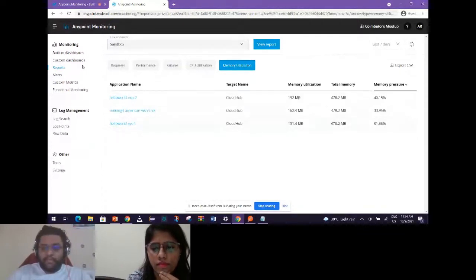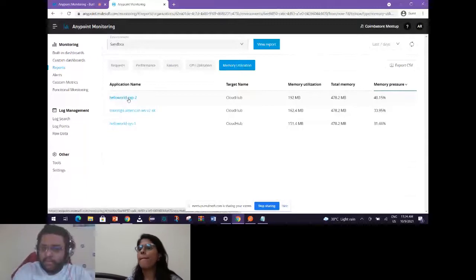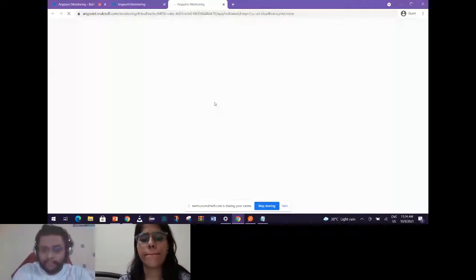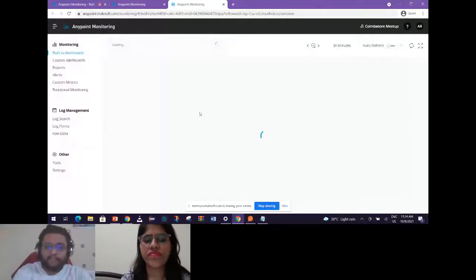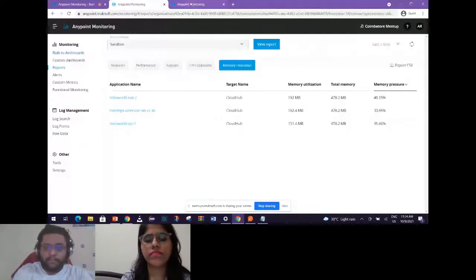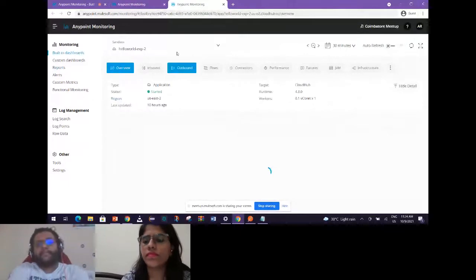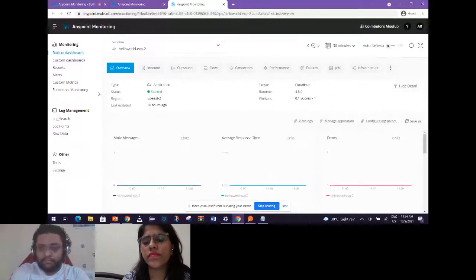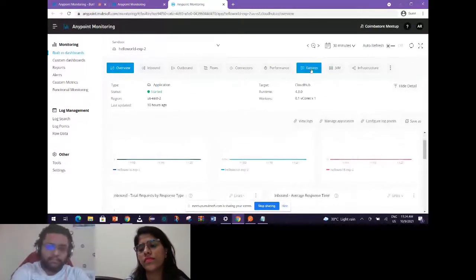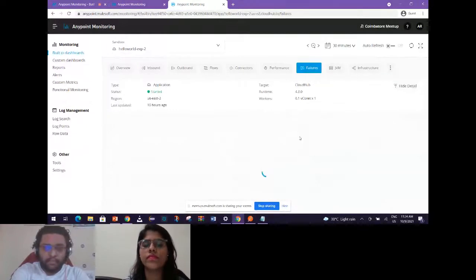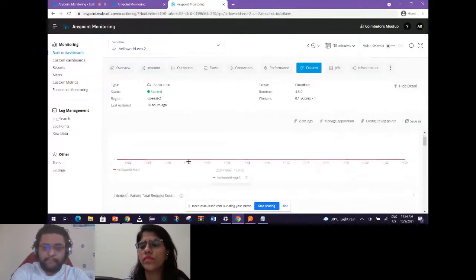Yeah. So we have a few more questions. Is there any way that we can get the requests which failed from the reports tab? From the reports tab, you may not, because if you click on the API, it will route you to the runtime page over here, and then you can see the failed requests, or it will take you to the dashboard page. From here you can always see how many requests have failed. We can come to this in the later slides, where we are going to go through the built-in dashboards.